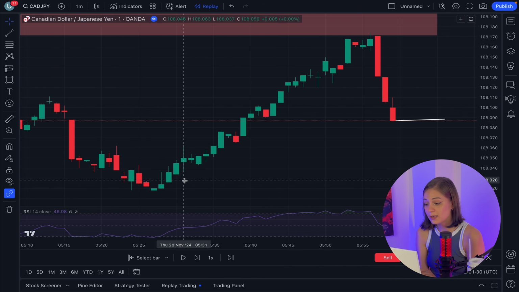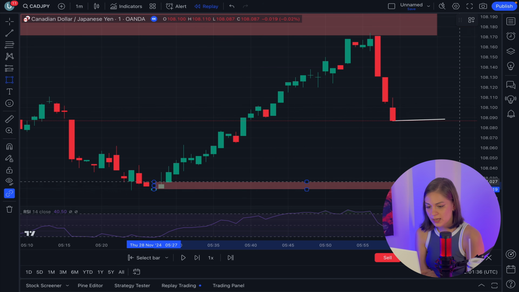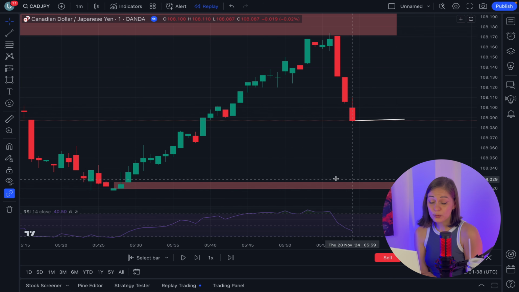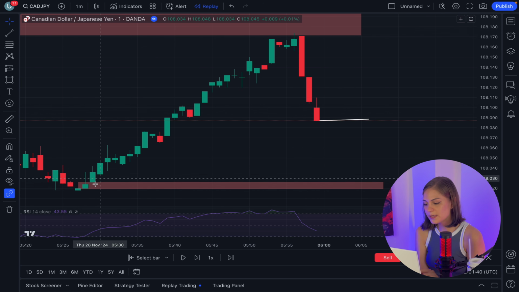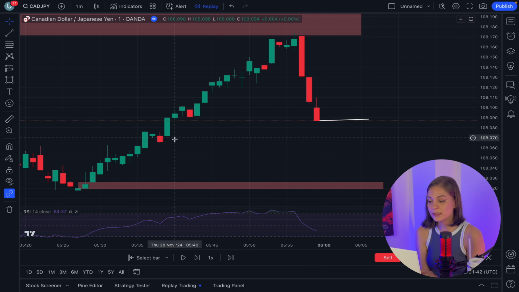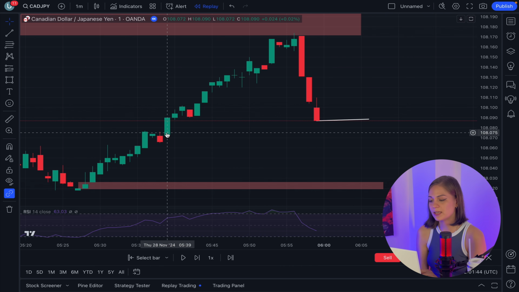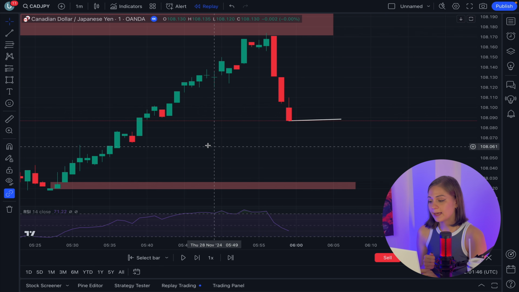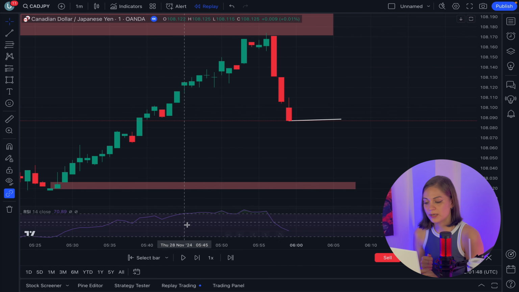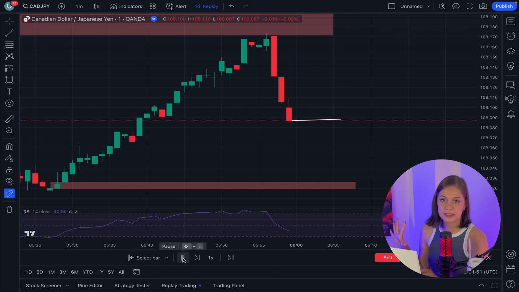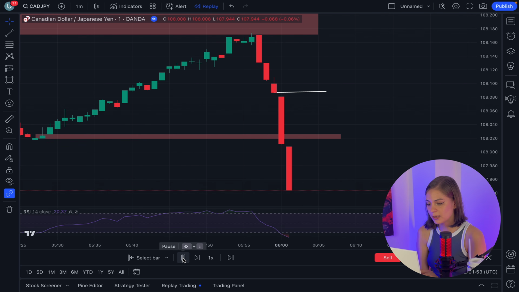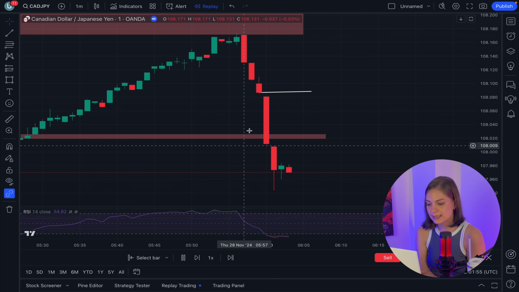so we have all the confirmation for us to enter into a deal right here. And additionally, of course, we need to look at the levels that can somehow interfere with us, and we have this one, but it's quite far away and price probably is going to break through it, but you still need to look at it, because if it would be closer, then we would have to wait until the price is going to break through that level. In this case, we have a beautiful setup, so let's enter into our deal